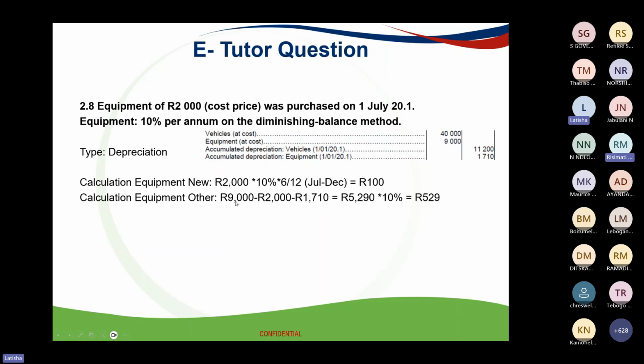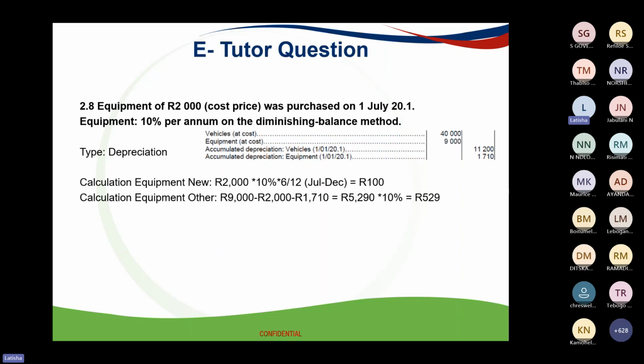So I say 9,000, which is the value of all the equipment at year end, minus the 2,000, because the 2,000 is what we bought during the year and we've calculated the depreciation separately. That will give us 7,000. Okay, then next important point when it comes to assets and depreciation, there are two types of ways to calculate